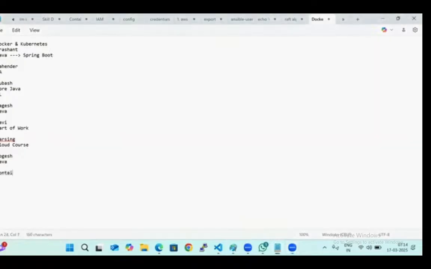So here, containerization and orchestration. Containerization comes under Docker, and orchestration comes under Kubernetes. Now, before we go into detail about Docker and Kubernetes,